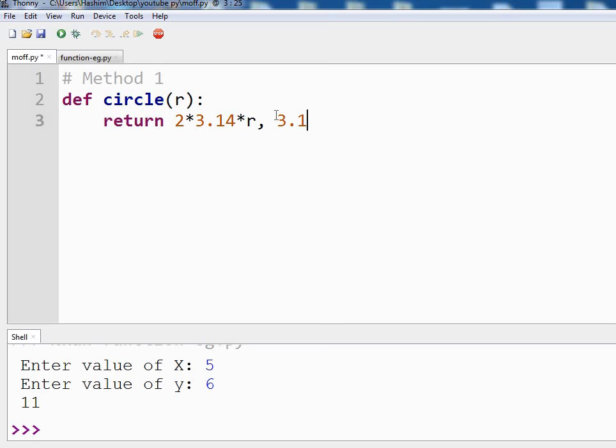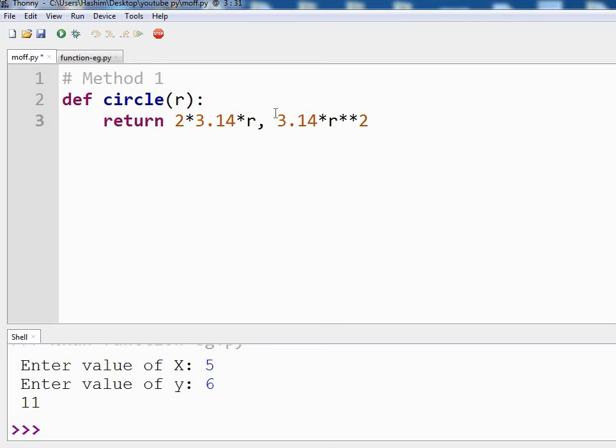So again taking pi as 3.14 into r into r, so that is r square, or you can also write it as r double star 2. Double star means power, r to the power 2. So this completes our return statement.